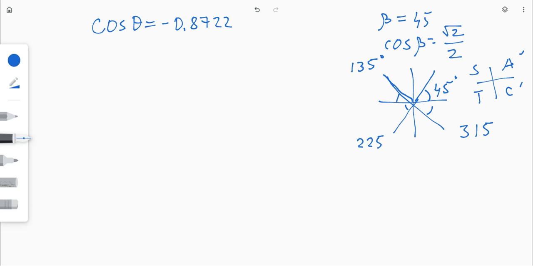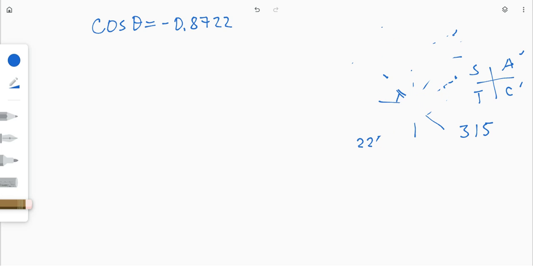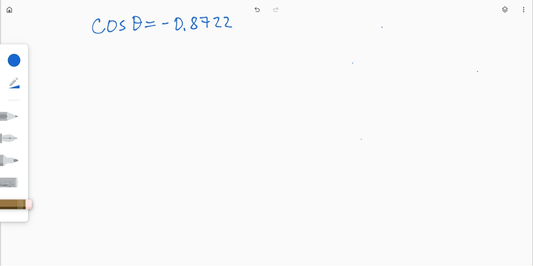So I hope this sketch will guide you through any questions related to trig ratios of angles in the first, second, third, and fourth quadrant. Okay, so let's return back to our question. In our question, the given cosine is negative 0.8722. So the steps which I suggest for solving this kind of questions are: step number 1,